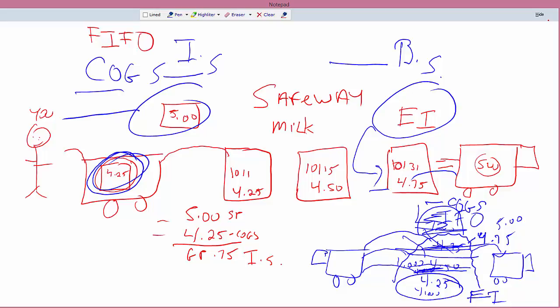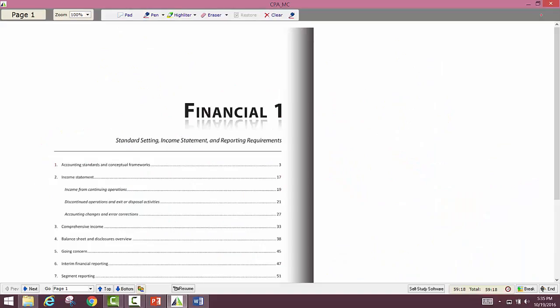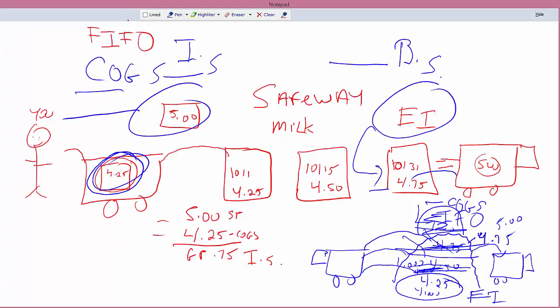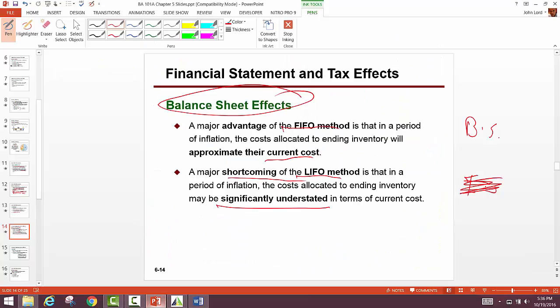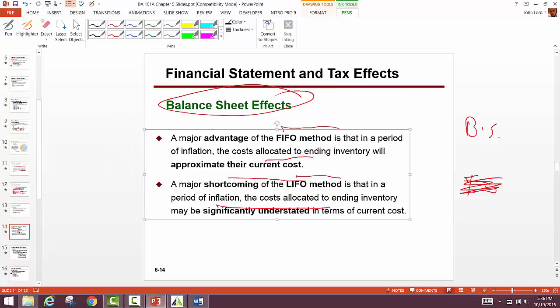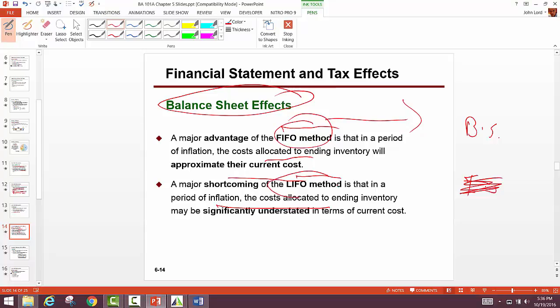So our balance sheet is better under what? Is better under FIFO than it is under Lifo. And that's not what I wanted. I wanted to go back here. So which one's better for the balance sheet? FIFO is better for the balance sheet. Lifo is what? Lifo is worse. Worse, right? For the balance sheet? Okay. For the income statement,